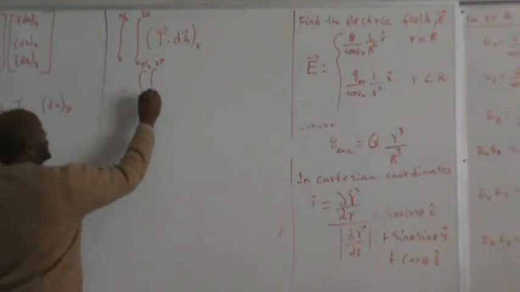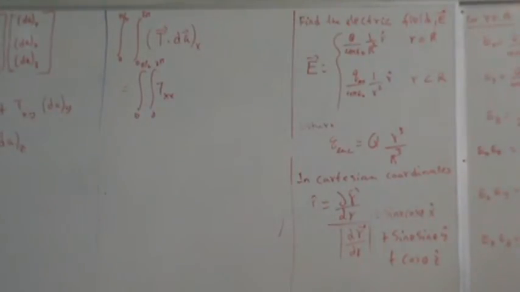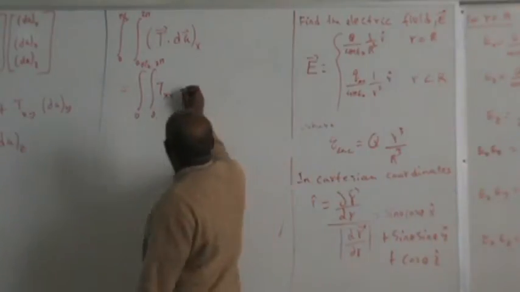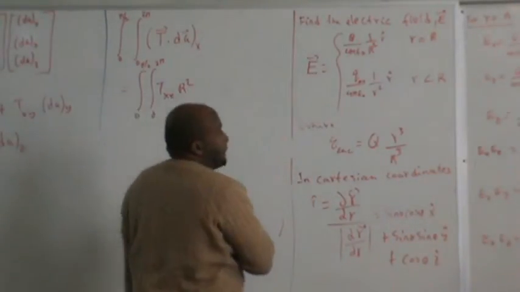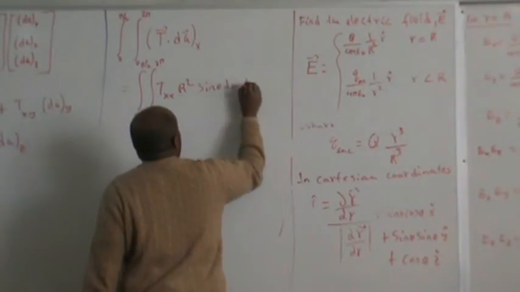So for now, I will just write Txx. And dAx is going to be what? That's going to be this, right? That's my dAx. So that would give you r squared sine of theta d theta d phi,